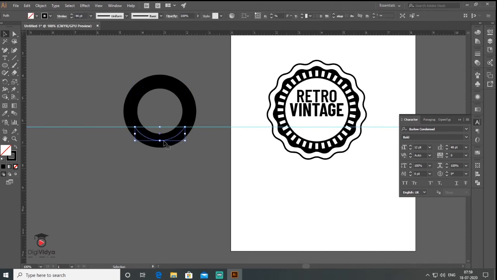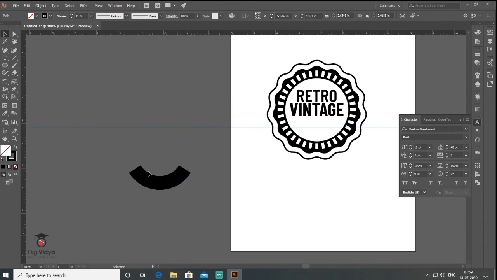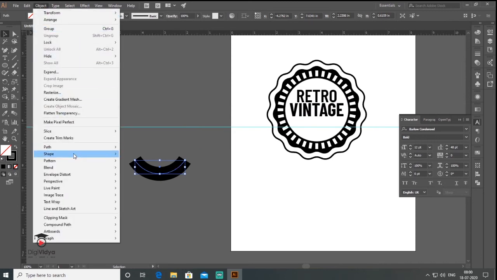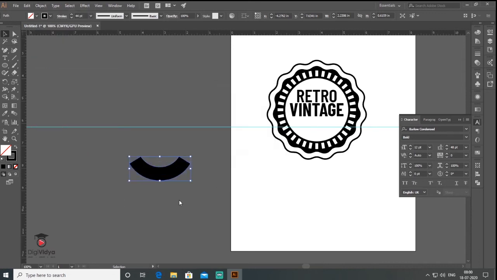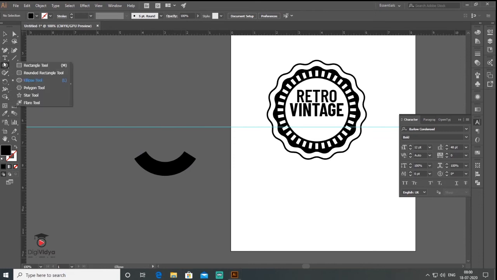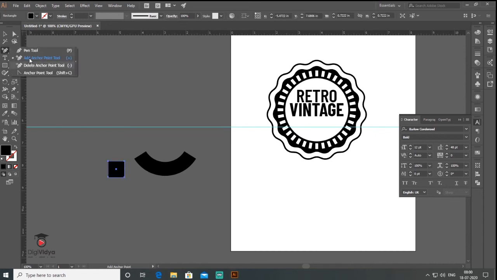So here is my path, look, and I delete the upper one. So this is basically a path. I want to convert this path into shapes, so I go to the object menu and click on expand, just press OK, right? Easy. Then I want to make a square here and just add an anchor point here.